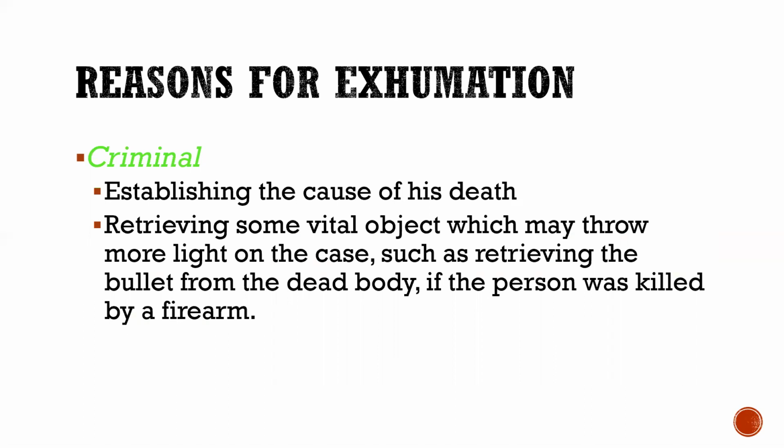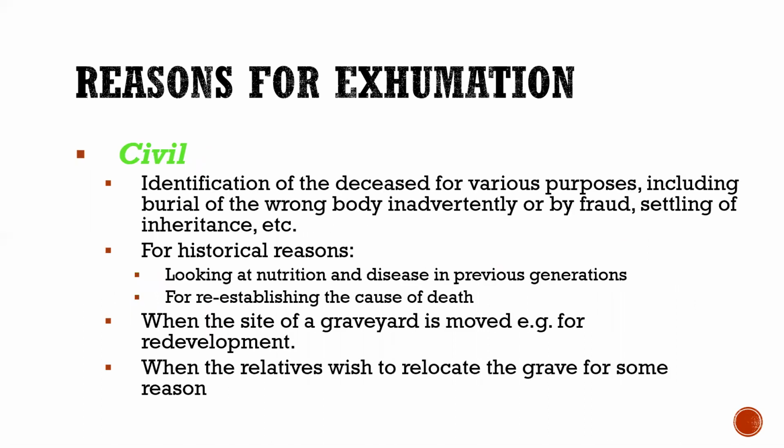What will be the reasons for exhumation? There can be three reasons: criminal, civil, and other reasons. The criminal reasons for exhumation include establishing the cause of death, or retrieving some vital object which may throw more light onto the case, such as retrieving the bullet from the dead body if the person was killed by a firearm. The civil reasons for exhumation include identification of the deceased for various purposes, including the burial